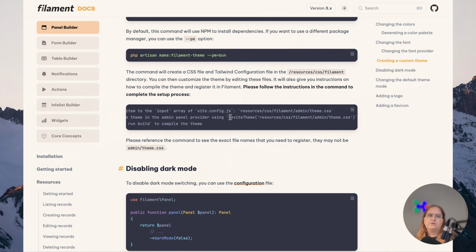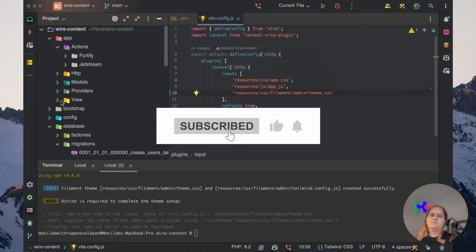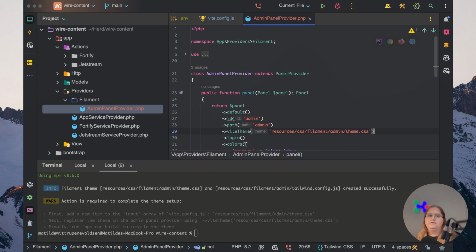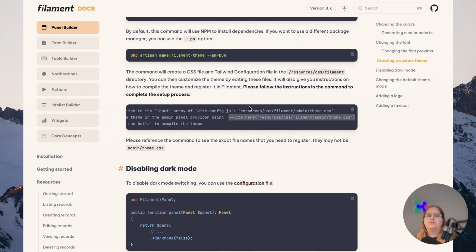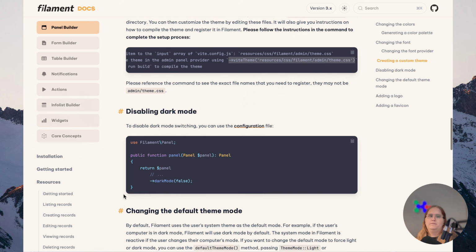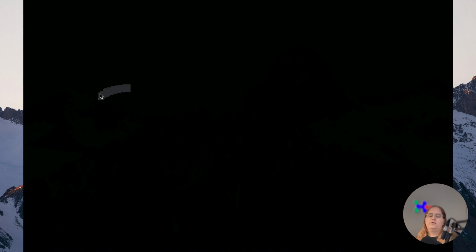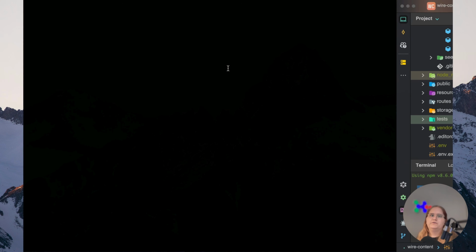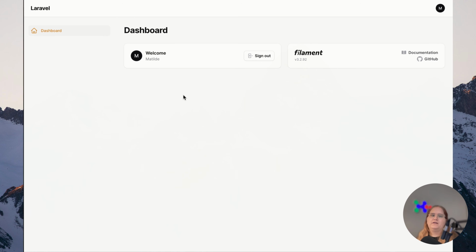Secondly, we also want to use this bit here inside our admin panel provider, which you can find by going inside providers, Filament, admin panel provider. And anywhere here you can just add in this bit, and unless you have a custom name for it, you can just copy and paste it like I've done now. And with that sorted, it should now work just fine for at least having our custom admin panel. We still need to set up a few things for the curator plugin, but if we just head back in now,